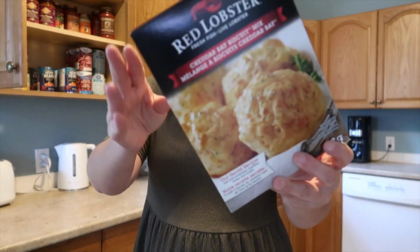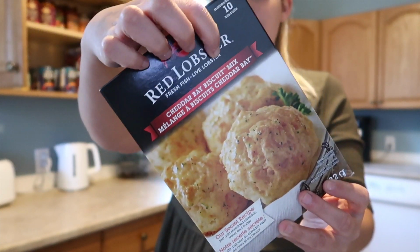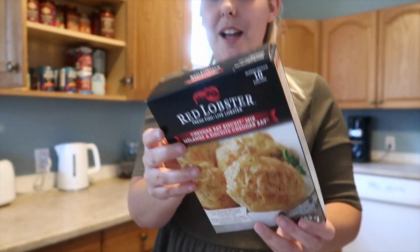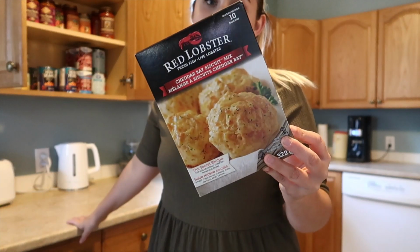So if you're from the UK, I would say that these taste exactly the same as dumplings. And we love these in stew and also as nice little sides. Now Red Lobster is a restaurant brand and we are yet to visit Red Lobster, but this is somewhere that Jake definitely wants to visit. So yeah, these are great as a little starter or a side, or obviously in with your stew